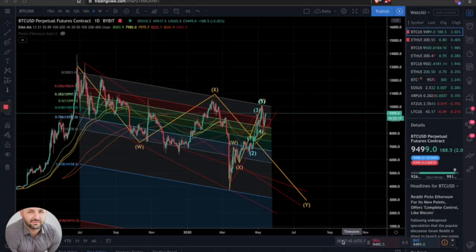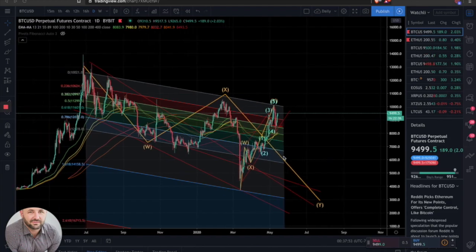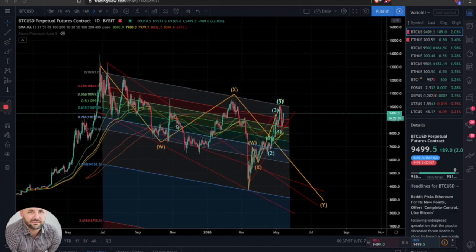So let's dive into some Bitcoin here. All right, so starting off on the higher time frame on the daily. Again, this whole move down, I am looking at this as a complex correction from the overall larger move up. So I am looking at this as, again, complex correction, more probably WXY, potentially WXYXC, depending on what ultimately